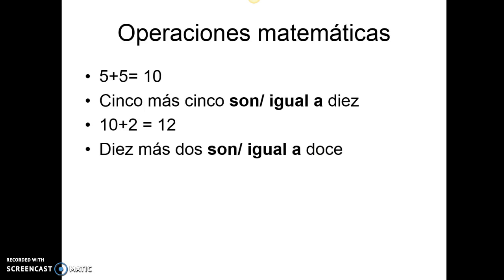So, van a tener algunas actividades con números de My Spanish Lab para que practiques. Por favor, practica la escritura de los números en español. So you will have some assignments or activities related to the way to write and spell numbers. And especially we will talk about operaciones matemáticas. So please practice the spelling of the numbers